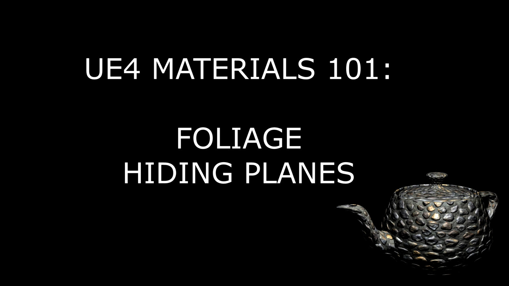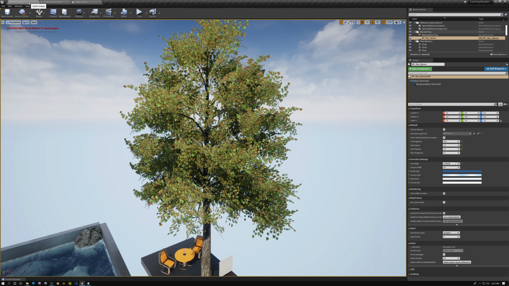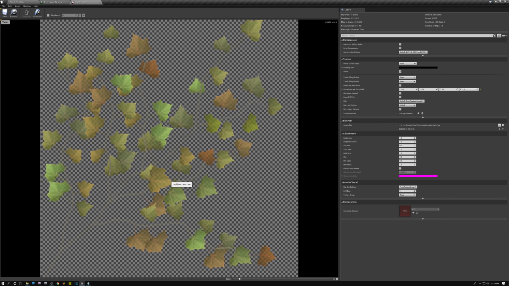Today's tutorial, we're going to learn how to hide the fact that our foliage is made out of large planes instead of individual leaves. In order to reduce our polygon count, we've created our tree canopy out of large planes, and then we've created the texture for the planes with dozens of leaves. This gives us dozens of leaves on a single polygon,